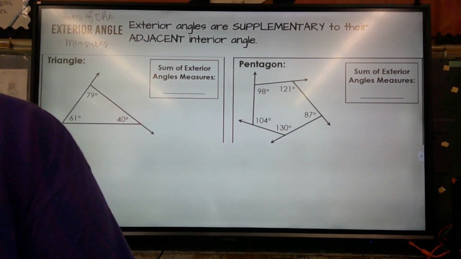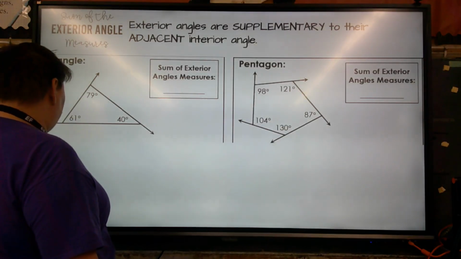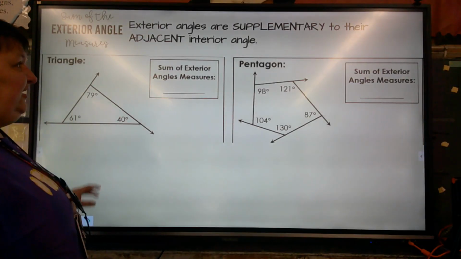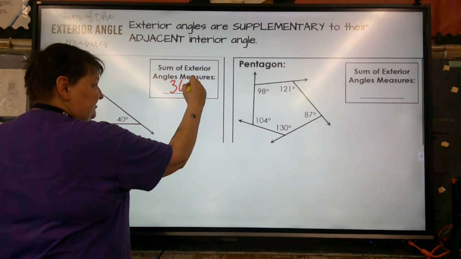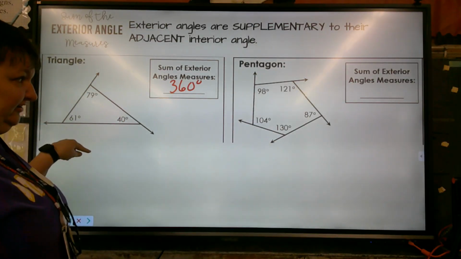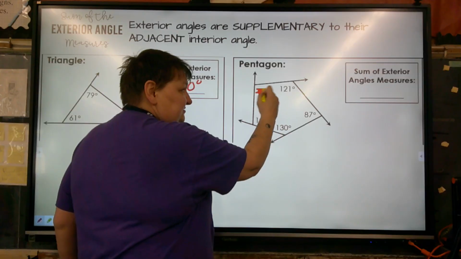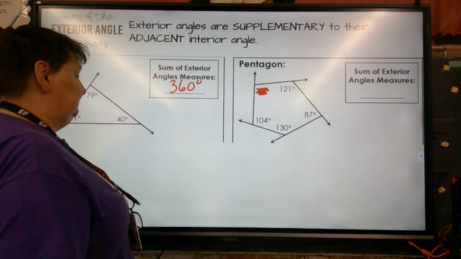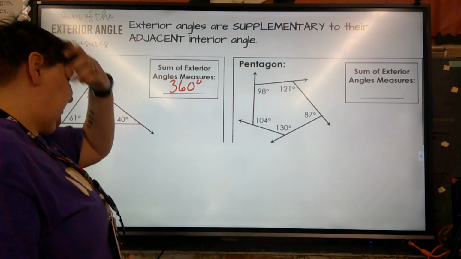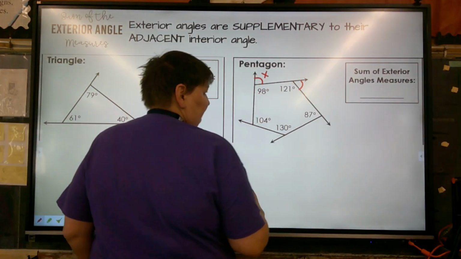All right, the last part of this is figuring out how to find missing information with the new information we've gathered, right? We now know it has to equal 360 degrees when you're dealing with the exterior angles of a polygon. So if they give you a shape and one of the exterior angles is missing, right, and they give you